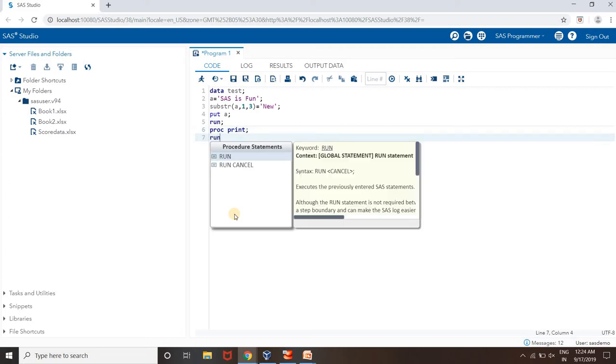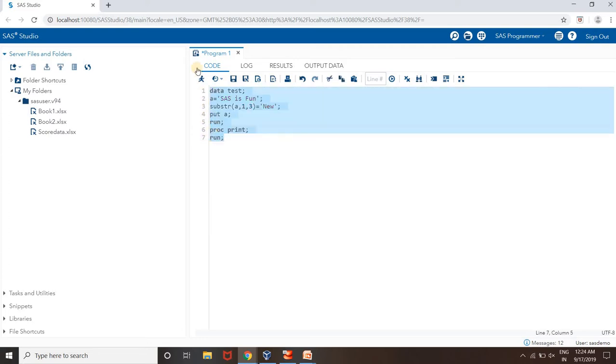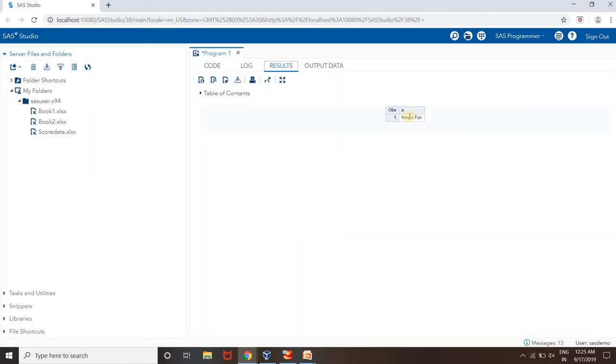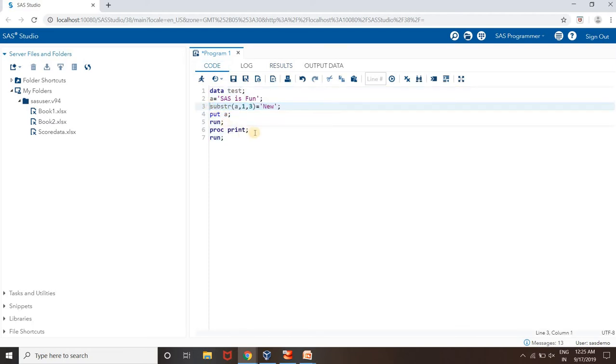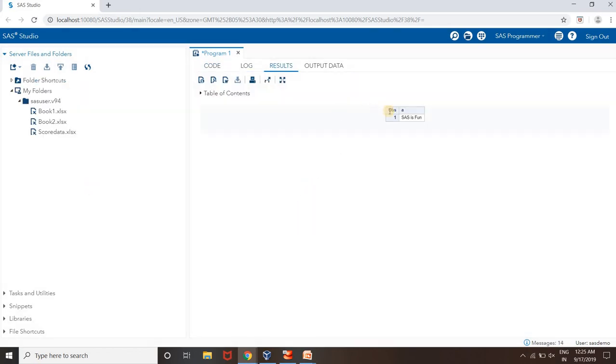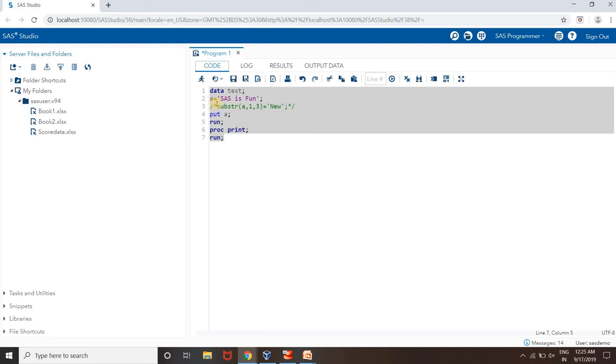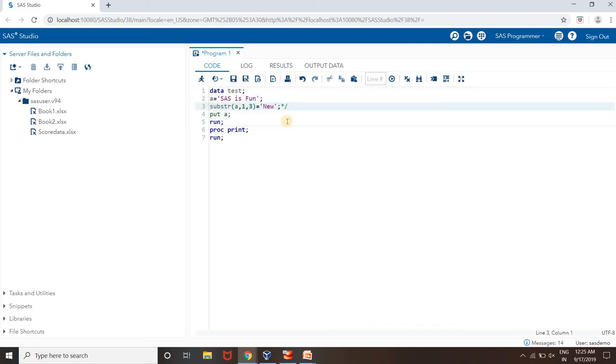Close it and select, and then run the program. So my output is new is 1. If I run only this code, my output is SAS is 1. But when I'm using SUBSTR replacing the word SAS with the word new,